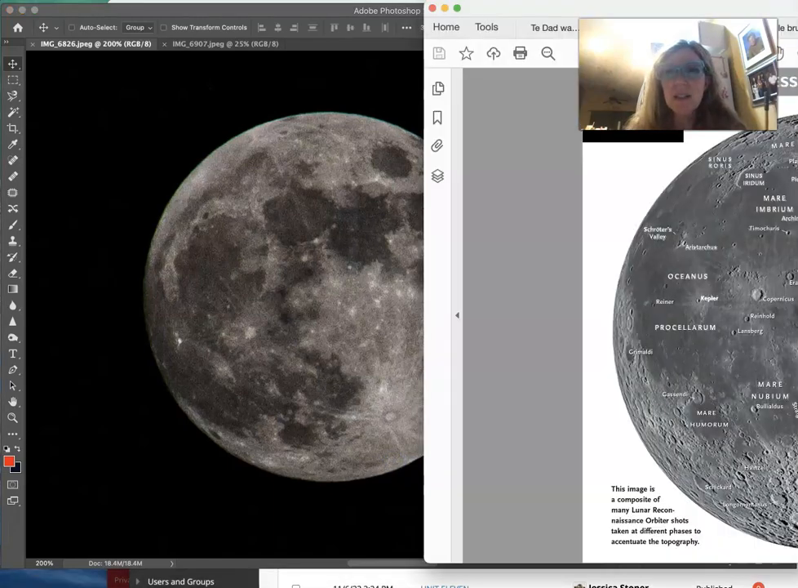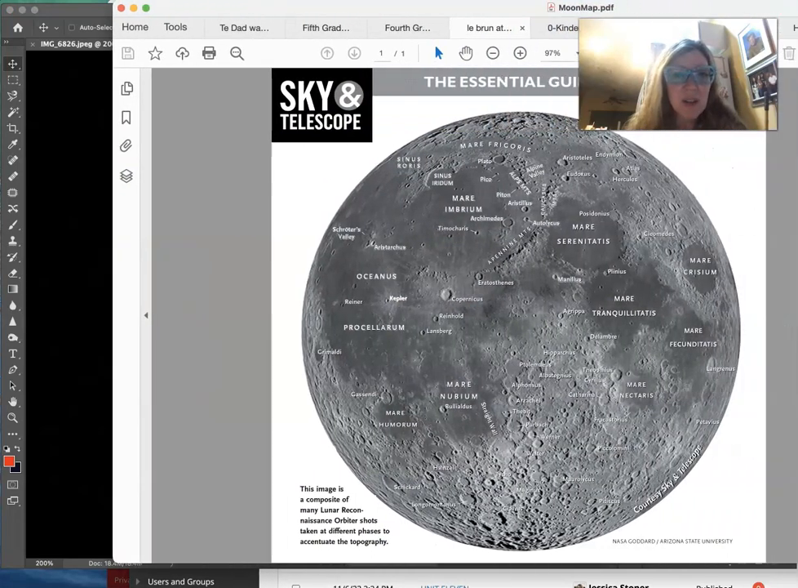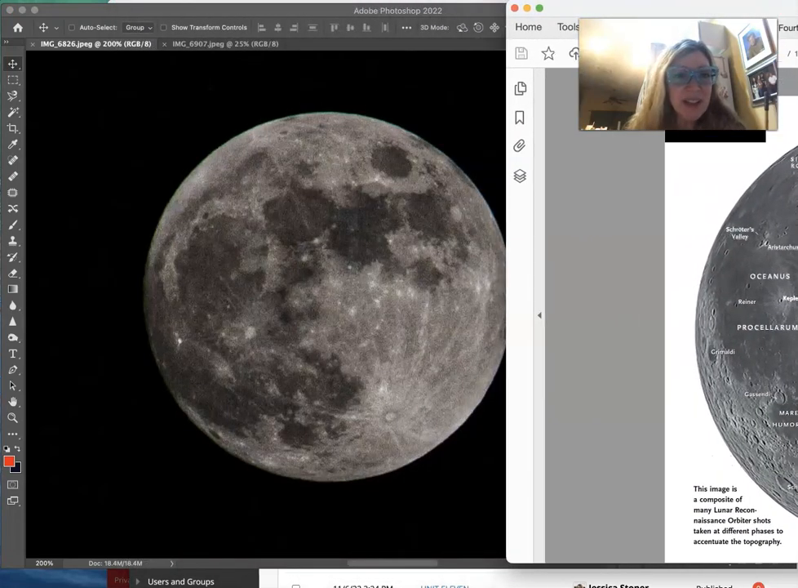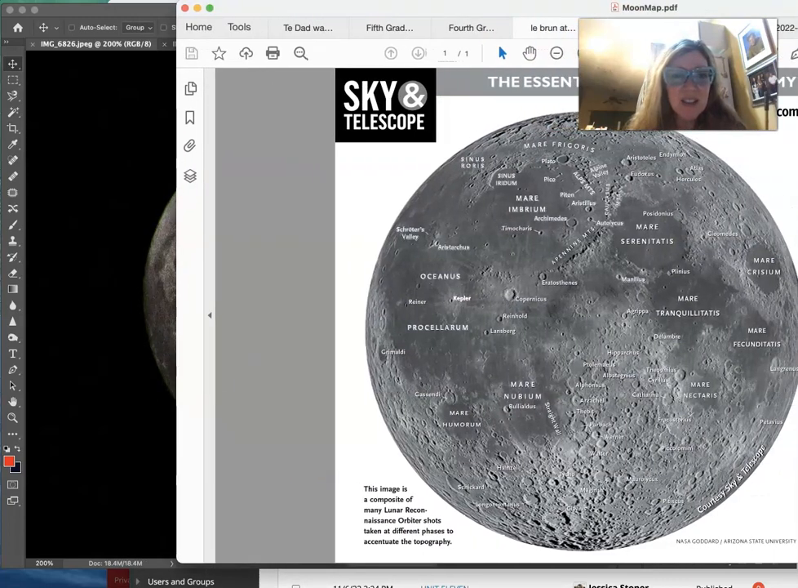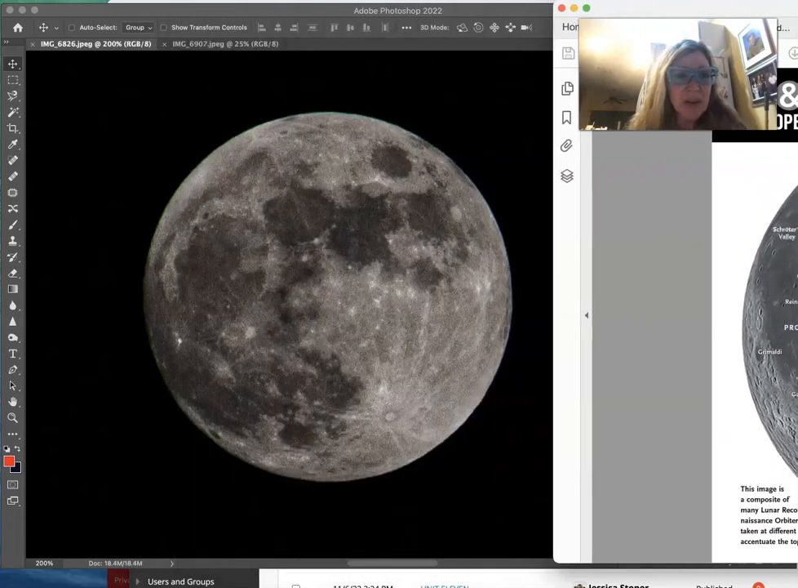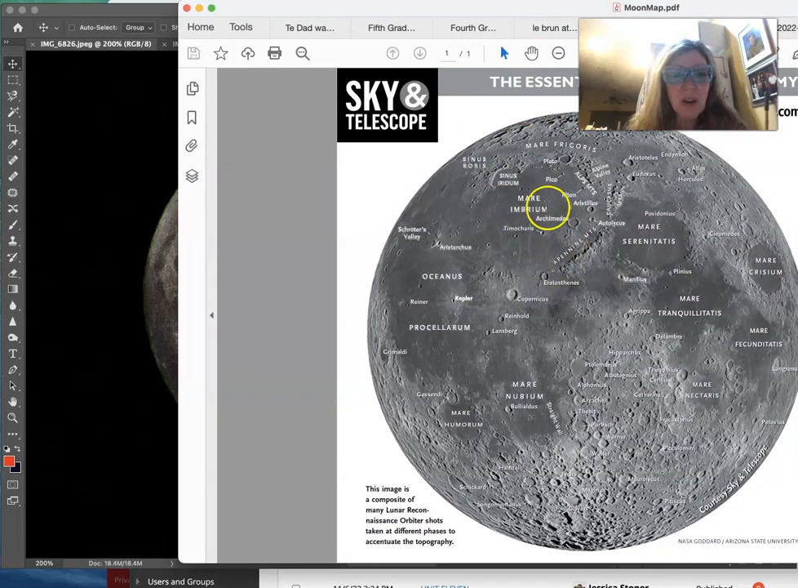And let's take a look at how your moon compares. Oh my gosh, do you see this? Look at this. The moon map compared to Madison's shot. I mean, we can see all of the oceans, which are actually just